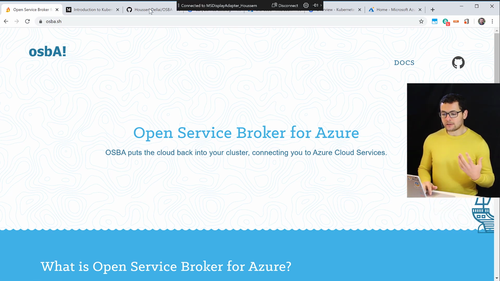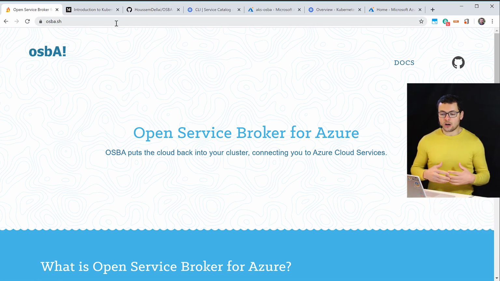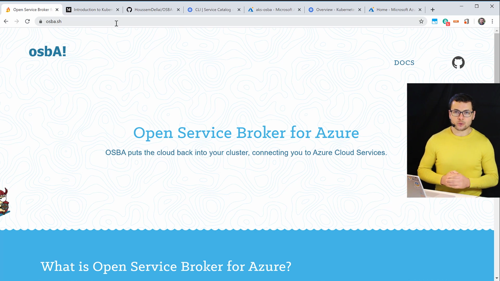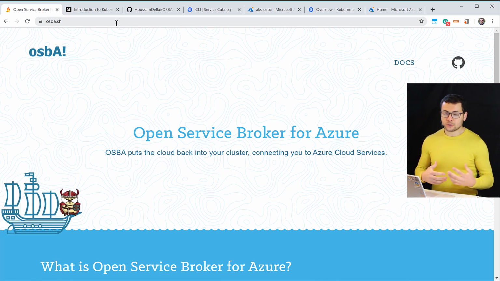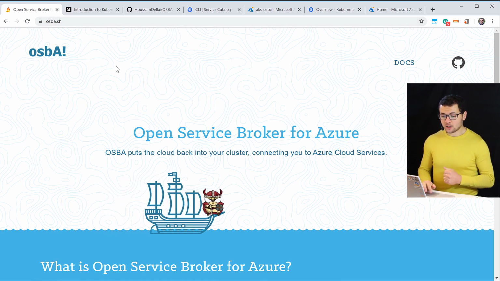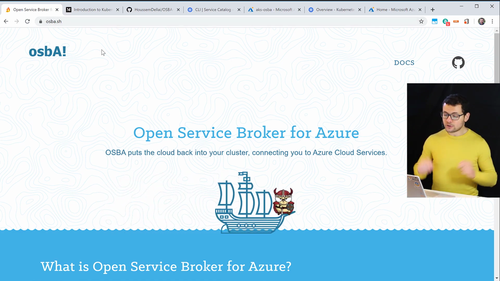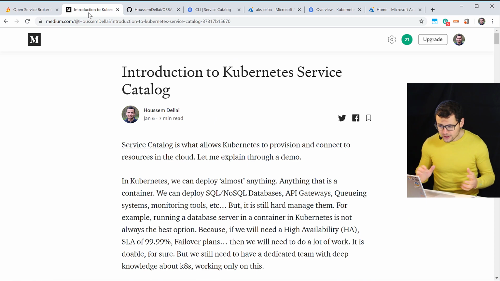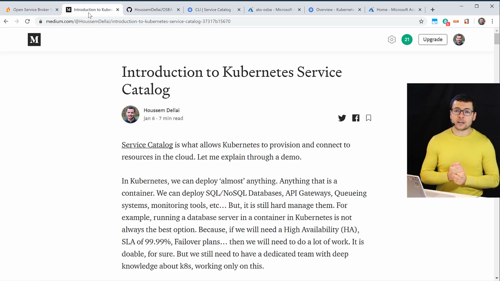First of all, I invite you to check the osba.sh website to learn more about the Open Service Broker for Azure and to learn more about service catalog. This is, let's say, the official website for them. And then here I have already created an article that details what we'll be doing in this demo today. So you might find more